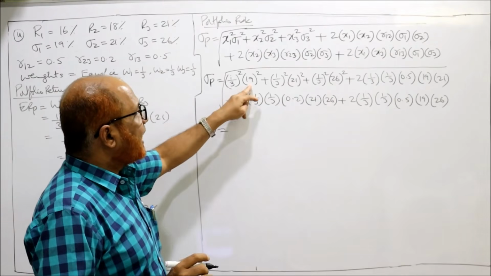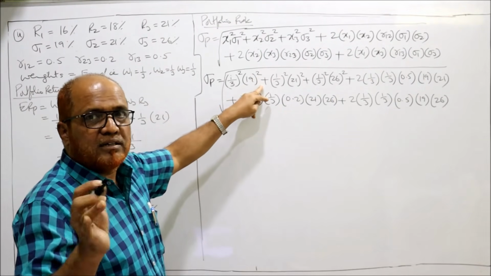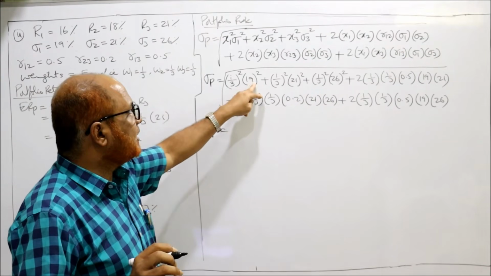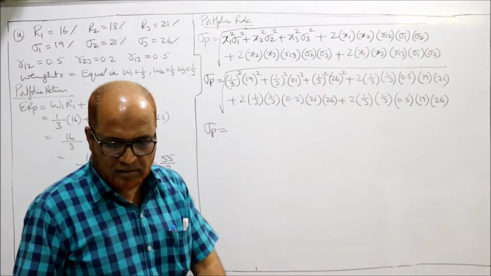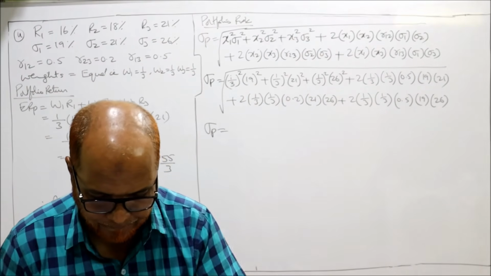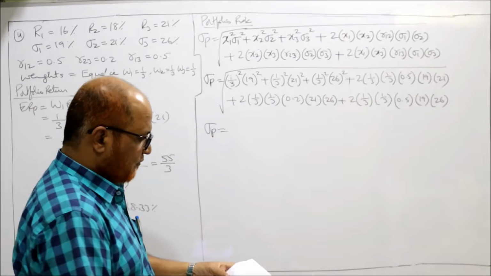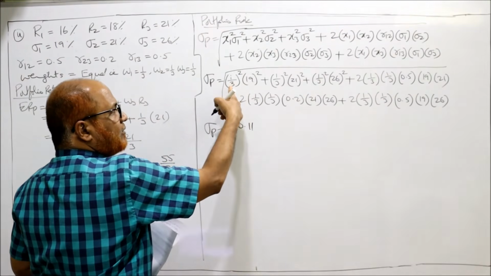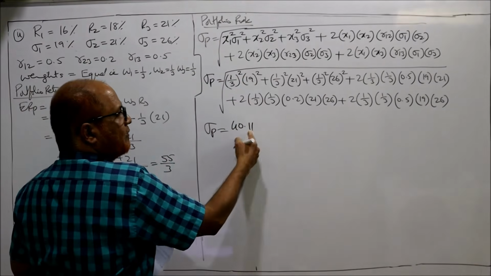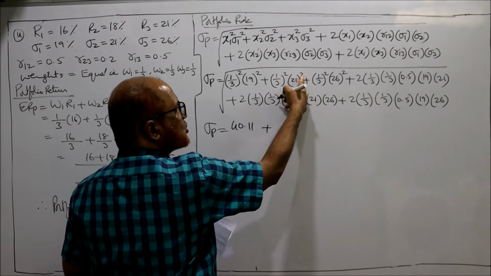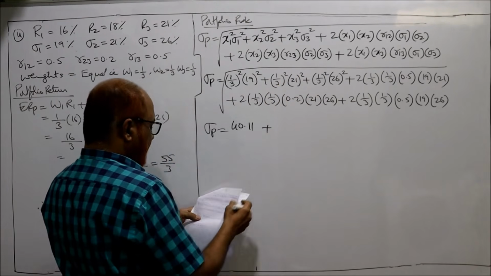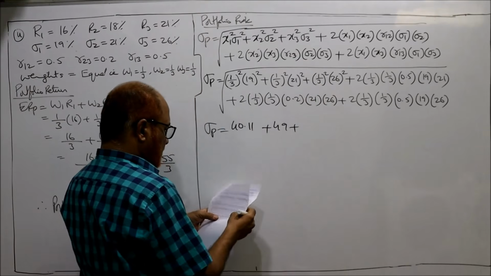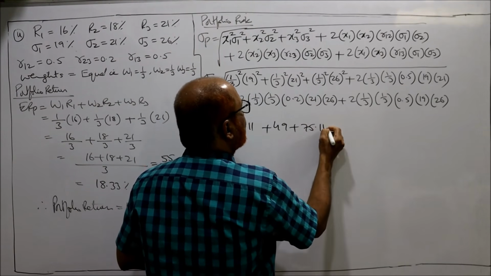तो पहले क्या करेंगे, आप 19 को स्क्वायर करेंगे. 19 into 19 स्क्वायर हो गया, डिवाइडेड बाय 9. 19 into 19 divided by 9, you are going to get 40.11. 19 को स्क्वायर करेंगे डिवाइड बाय 9, so you are getting 40.11 प्लस उसी तरह 21 को स्क्वायर करेंगे डिवाइडेड बाय 9, you are going to get 49. 26 को स्क्वायर करेंगे डिवाइडेड बाय 9, you will get 75.11 प्लस.